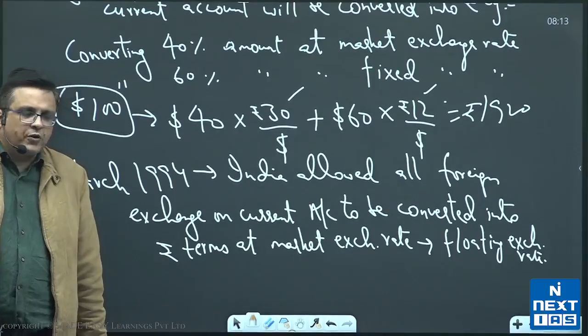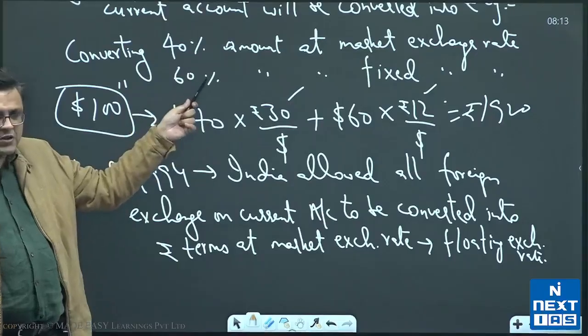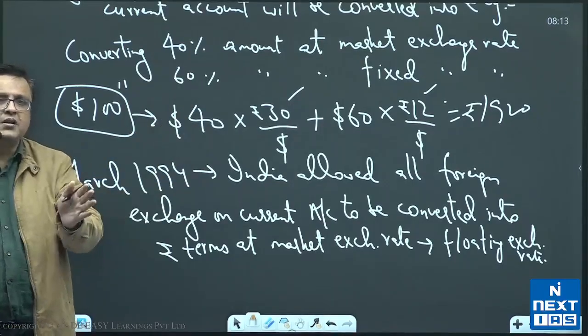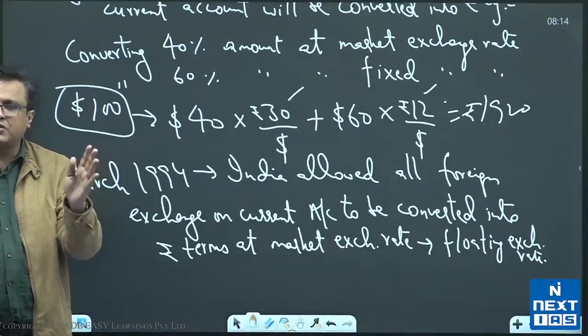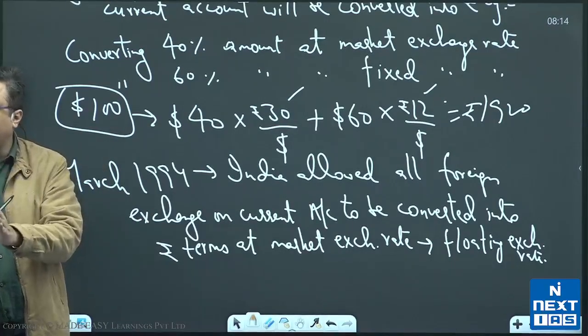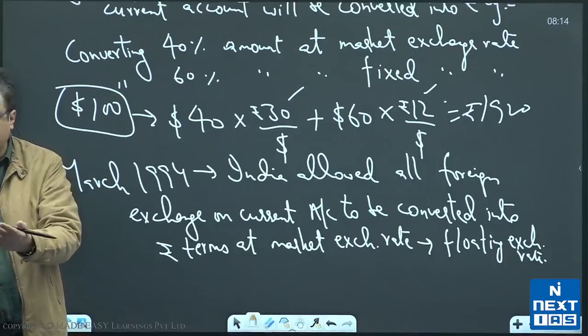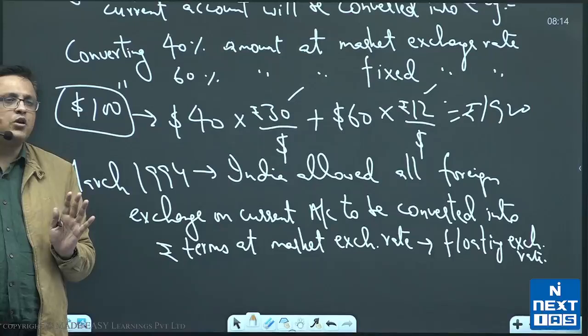All right. So from fixed to floating with a transition of liberalized exchange rate management system over 2 years. 1992 March, it was fixed exchange rate. Then we introduced liberalized exchange rate management system. We lived with that for 2 years, and over 2 years we transitioned to floating exchange rate. I hope the mechanism is clear to all.